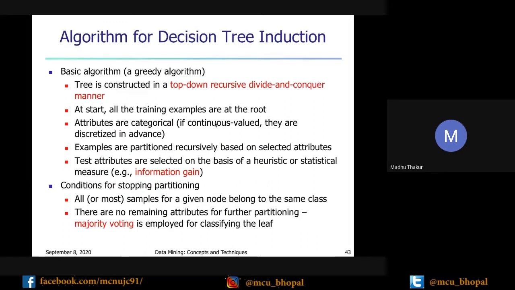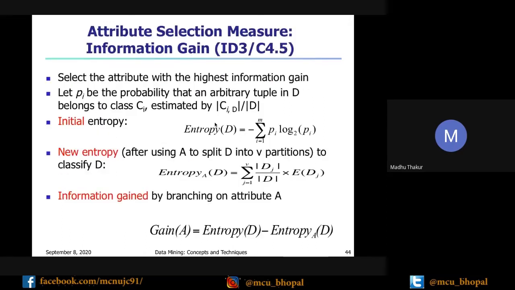So this is the algorithm for the decision tree, and these are the three methods I talked about. One is information gain, which is used by ID3 and C4.5, which are classifiers. They use information gain for finding the gain of each attribute.